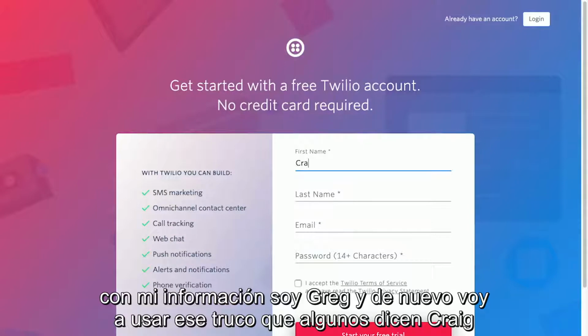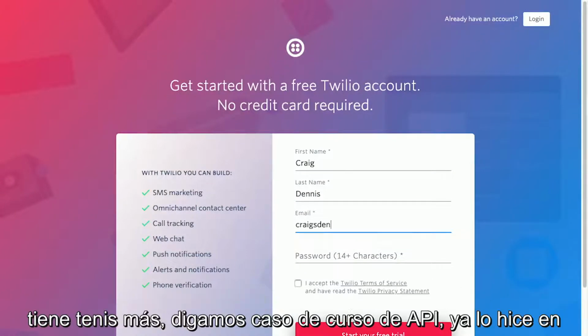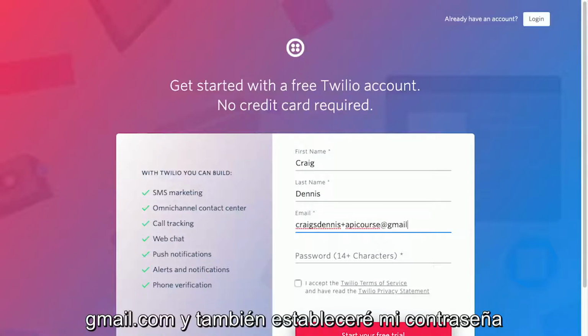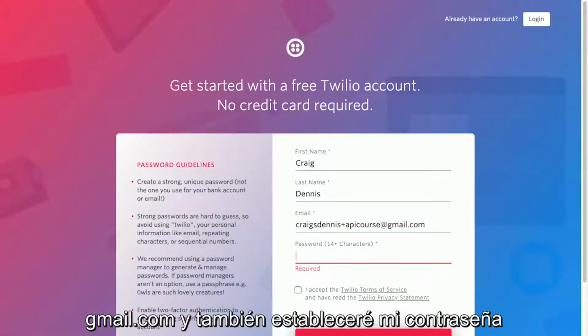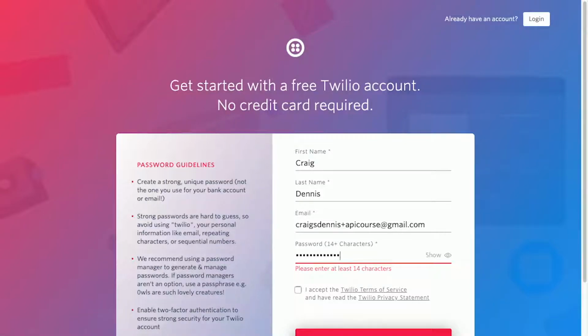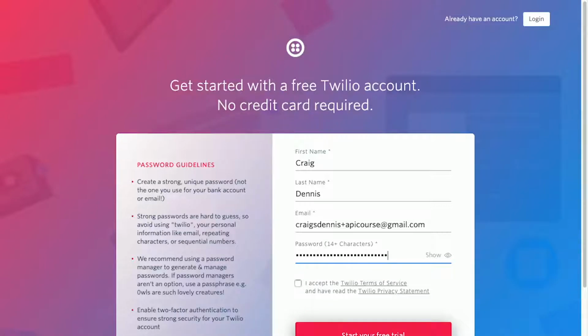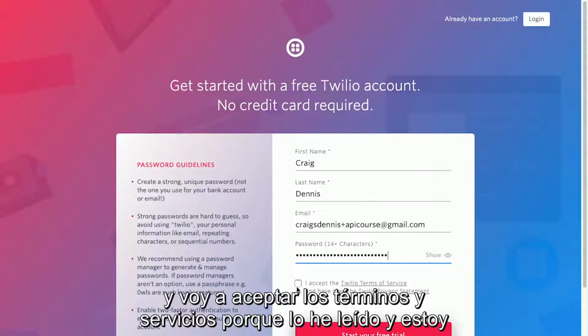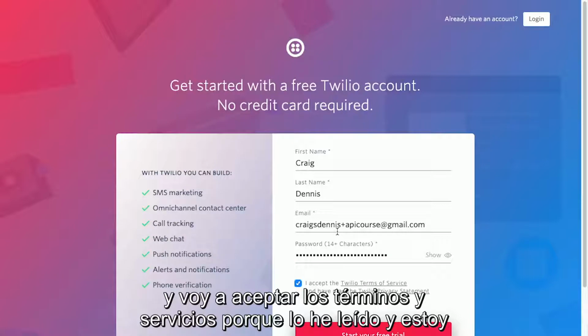Let's sign up with my information. I am Craig Dennis. And again, I'm going to use that trick. So I'm going to say Craig S. Dennis plus, let's say API course, in case I've already done that one, at gmail.com. And I will set my password, and I am going to accept the terms and services because I've read that.